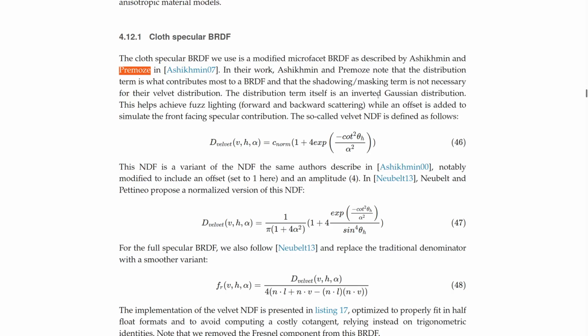The distribution term itself is an inverted Gaussian distribution. This helps achieve fuzz lighting, forward and backward scattering, while an offset is added to simulate the front-facing specular contribution. The so-called velvet NDF is defined as follows,